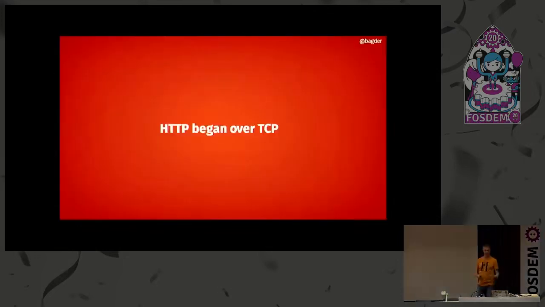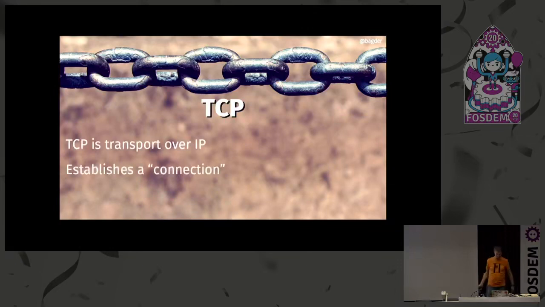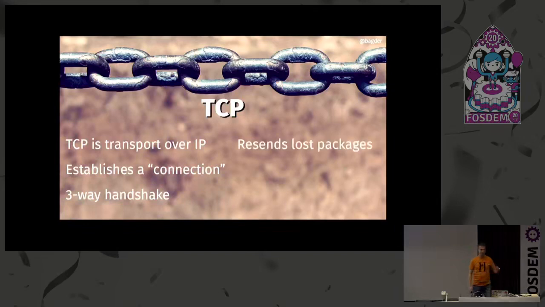So with HTTP, we started out this journey over TCP. Well, we still do it over TCP. TCP, networking 101, is like a chain of links. Basically, IP packets connected, so we send them over the wire, and establish a connection. There's a 3-way handshake. Ping, pong, ping, to establish that connection. 3 ways, 3 times across the network. And we get that connection, and we can send data over it in a reliable byte stream, sort of.